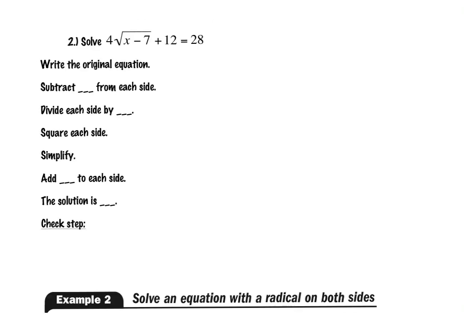All right, let's turn the page and try the next one that is similar but has one extra step to it. So I have 4 times the square root of x minus 7 plus 12 equals 28. I'm going to start by trying to get the square root sign by itself. So I need to start by subtracting 12 from both sides,